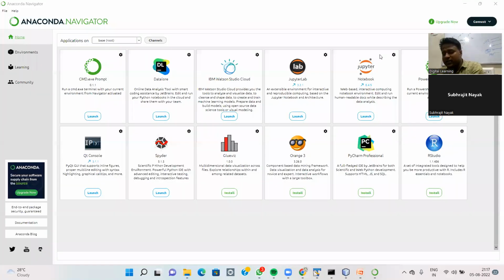So Python has opened. After Python has opened, then you open here Jupyter.